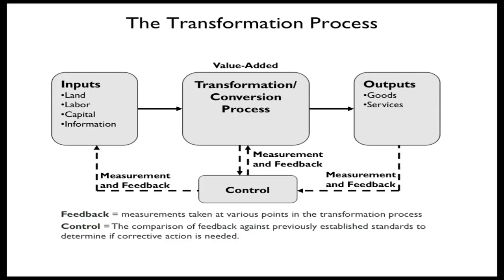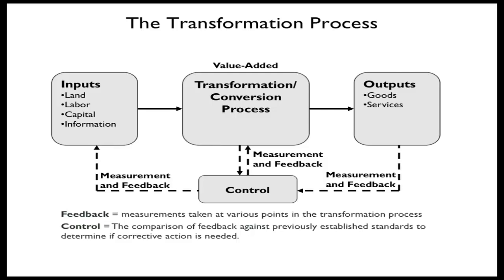Now you have these feedback loops where you're always looking to see if there's something about your product or service that needs to be improved in your transformational process. You also have feedback to your inputs to say what is it that we need to do different. So an example on an input. Let's say you're a restaurant. So your inputs are your building, your labor, the cook, the servers, and then it's your food.